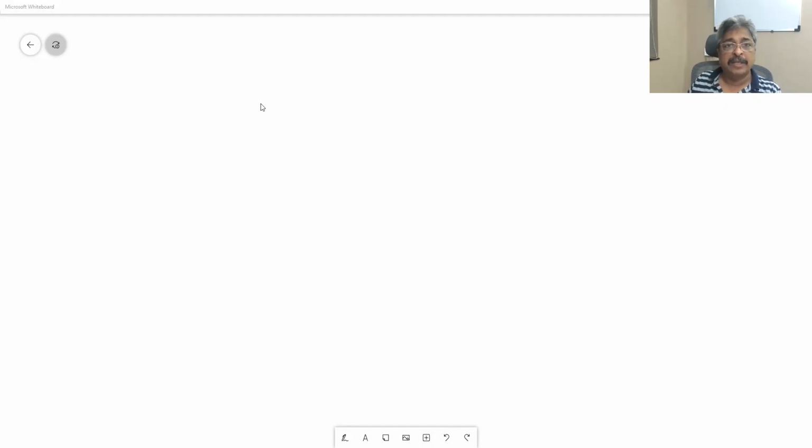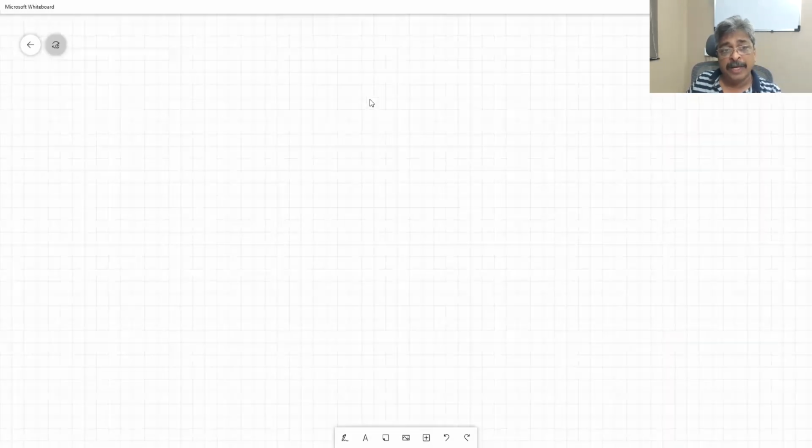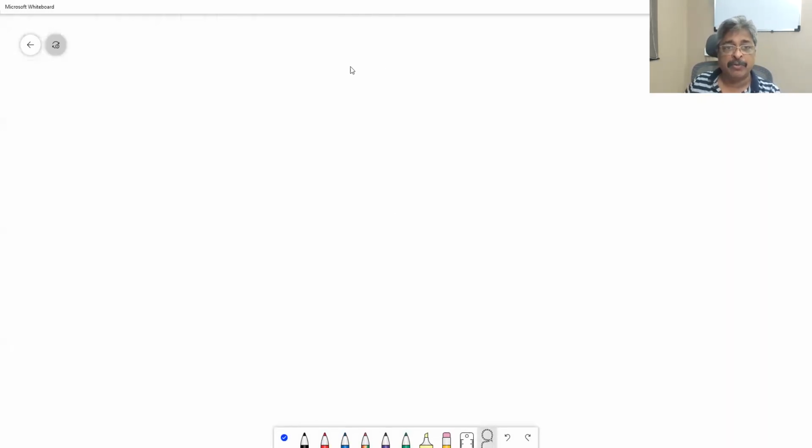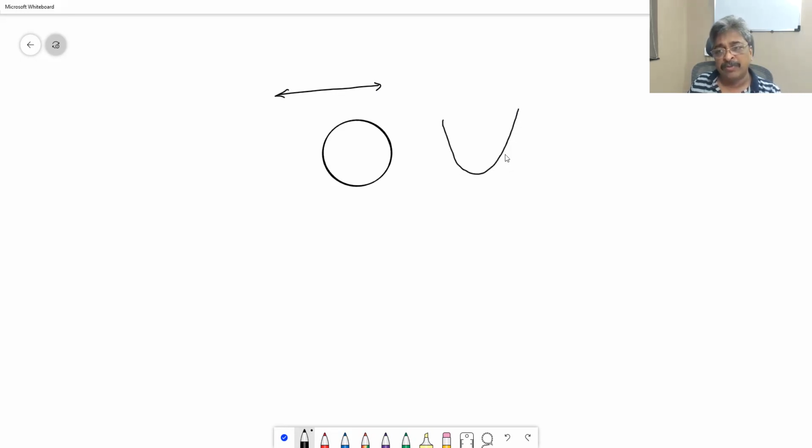equation of a straight line and many other different curves, and the method that we are going to follow is going to be very important in finding out the algebra of different geometries. Say straight line is a geometry whose equation we would like to find out. Circle is a geometry whose equation we would like to find out. Parabola is a geometry whose equation we would like to find out.